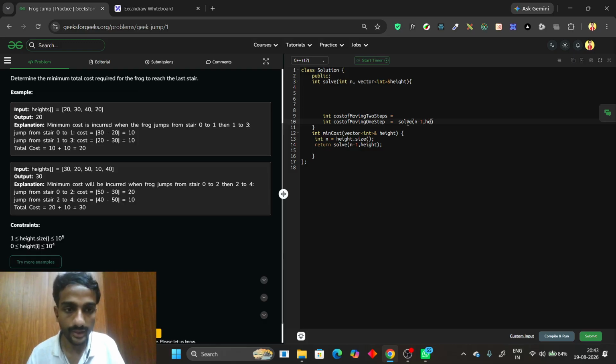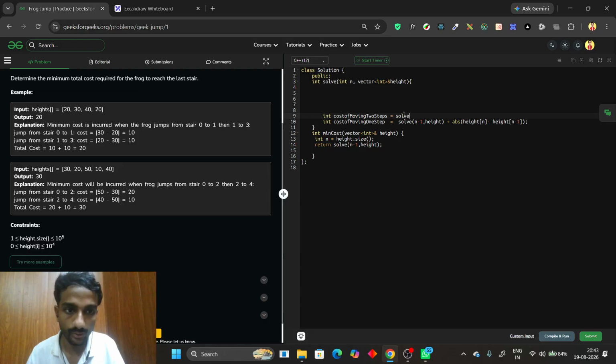So it will be n minus 1, height, and the cost too, we have to include the cost too, that is height of n minus height of n minus 1,